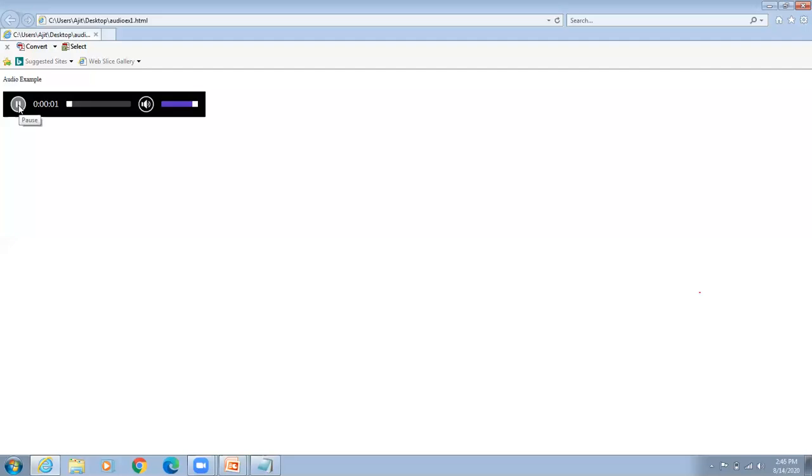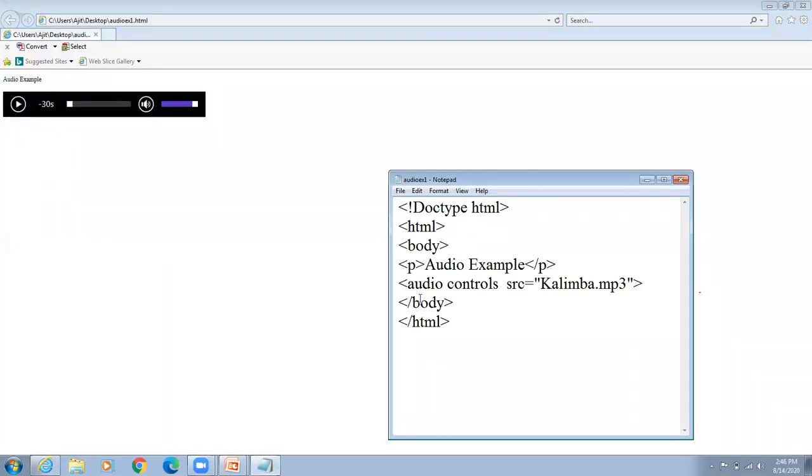Run the file, it runs. Okay, so in this way you can use audio tag and the attributes here, but the source should be correct. Source is given by src is equal to your audio file name dot mp3. Got it? This is the output.